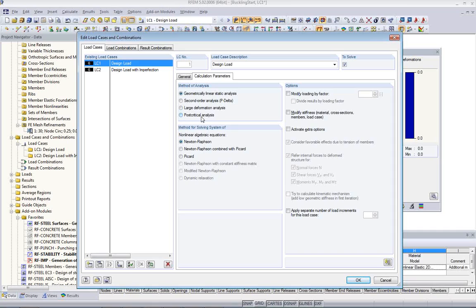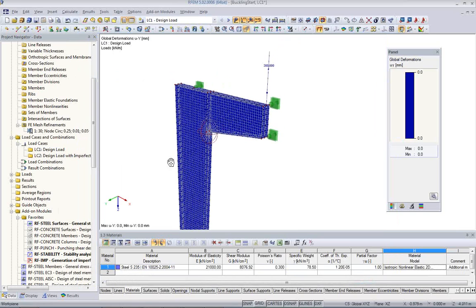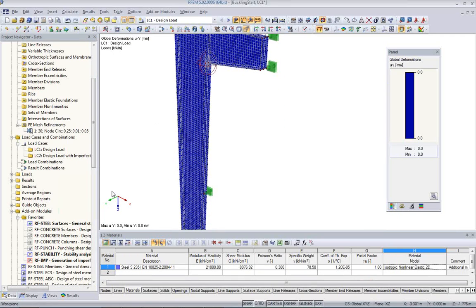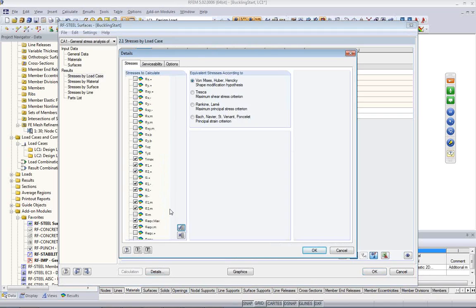Okay, then there is one more question. What about fatigue design in steel analysis? If you want to do fatigue design, we don't have a specific module at the moment. We're planning to have one, but it's not yet available. But what you can do now is, if you have the RF steel surfaces module, which is part of the RF steel module, you can set here